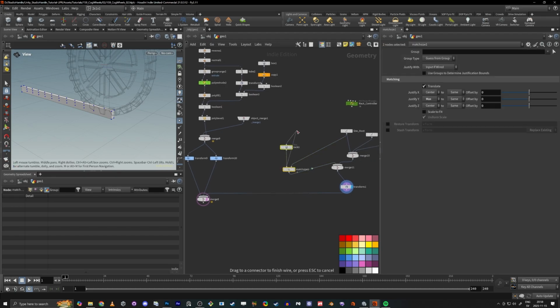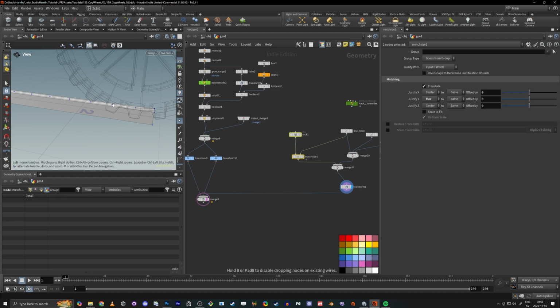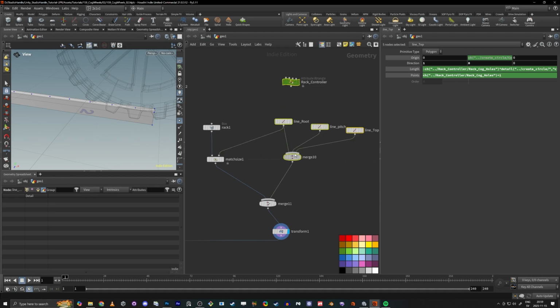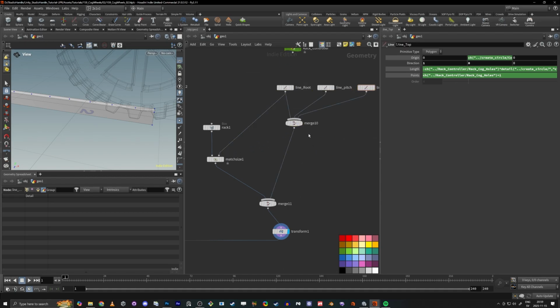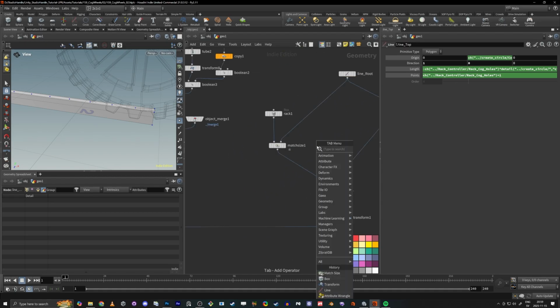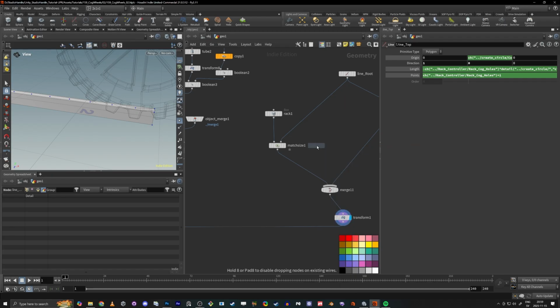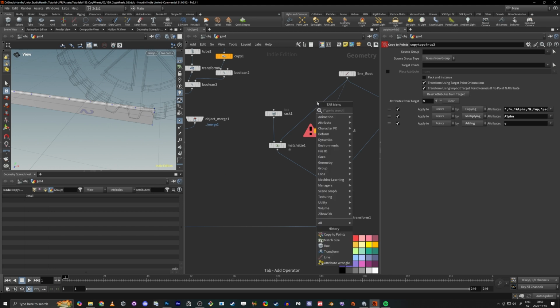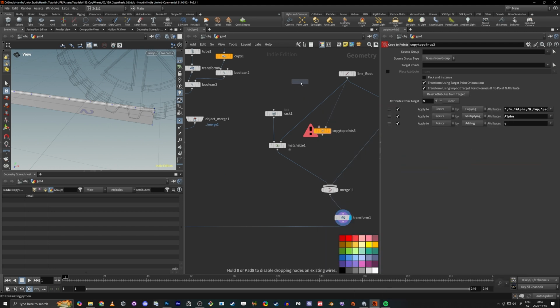So now we need the cog holes in here. And because we have all the cog positions with the line, what we can do here is if we just move it up a little bit. So these ones are here. You just do a copy to points. So if we copy something here,